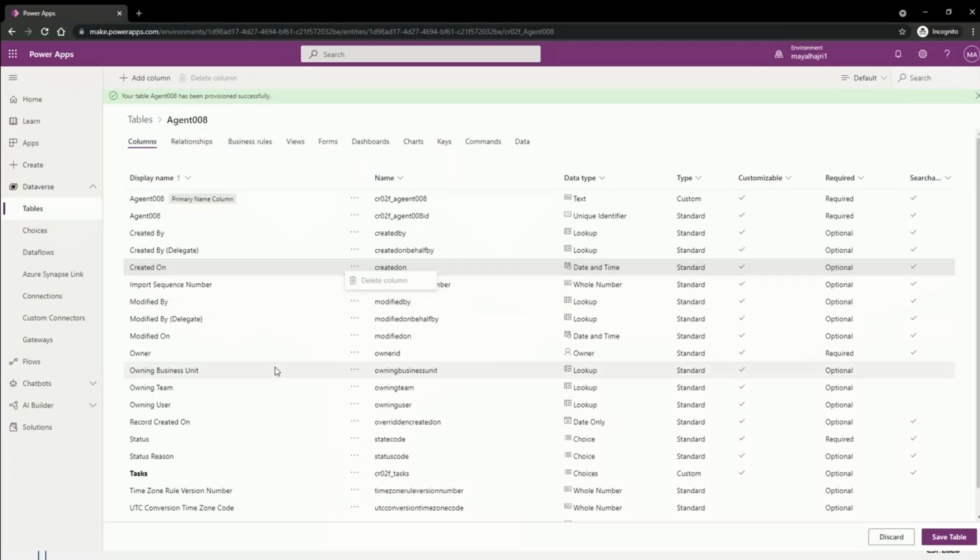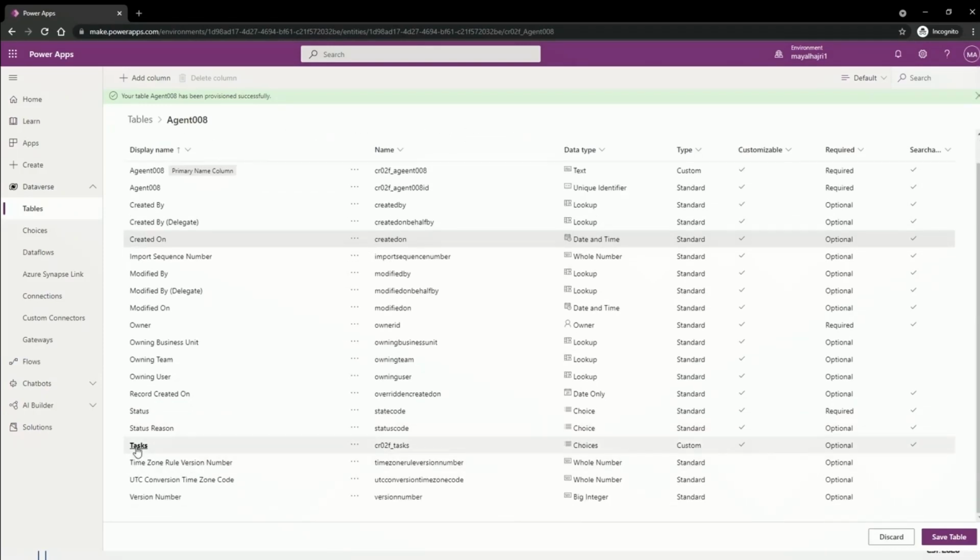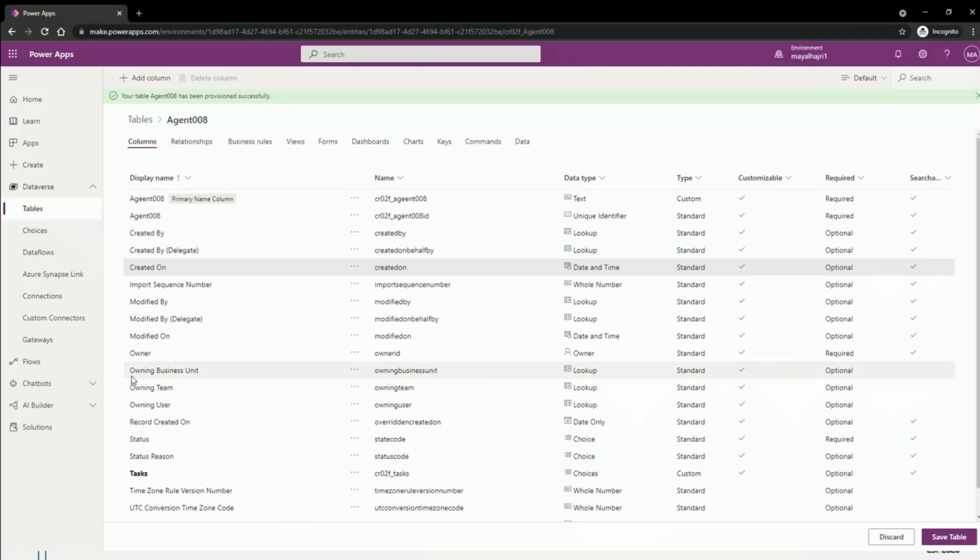So moving now to how I can add a relationship. For example, here I have one column, I call it task. What if I want to build a relationship between task and another column that I have? So how can I do this? Once you open your table, once you click on it, as we see, we can see columns here. We can also see relationships here. And once you click on it,